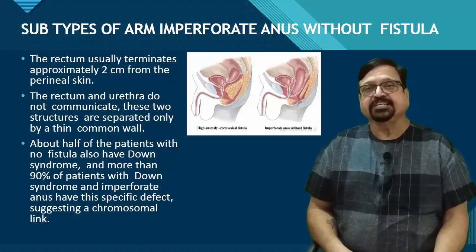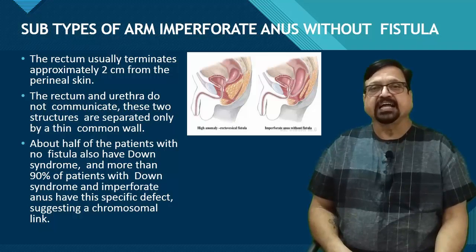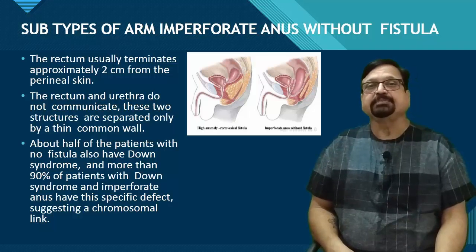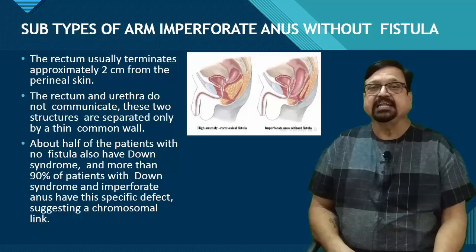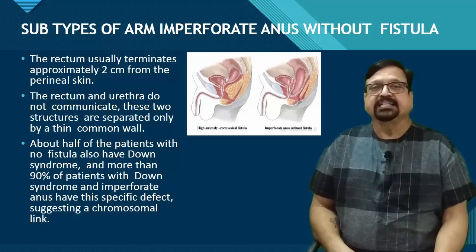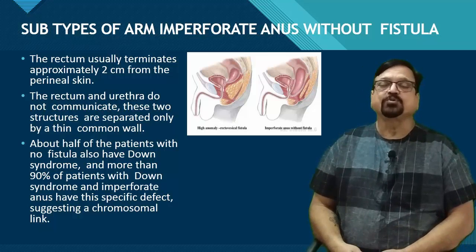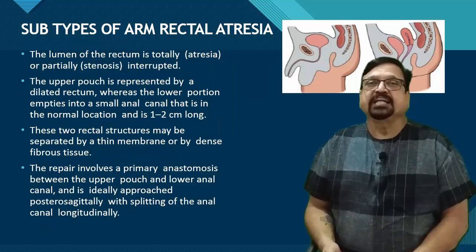About half the patients with no fistulas also have Down syndrome. So it is commonly associated with Down syndrome in 50% of the patients, and more than 90% of patients with Down syndrome and imperforate anus have this specific defect, suggesting a chromosomal link. Now, this is another